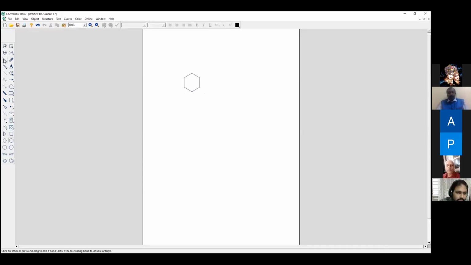Look here, there is an option. You have got the solid bond option here. You can select it, and here you get a blue mark. You can place it like this. This becomes benzene. Or else you can also draw benzene directly. The benzene option is available here. You can select it and benzene is ready. You can also select the cyclopentadiene option here.